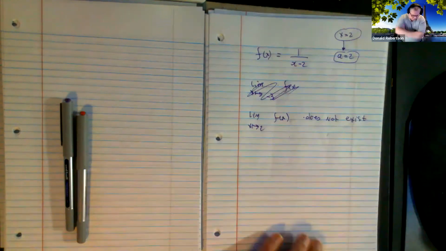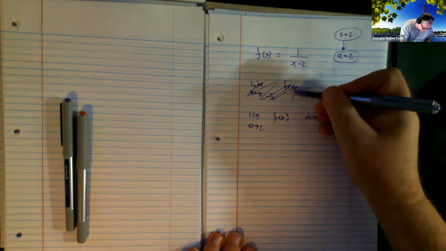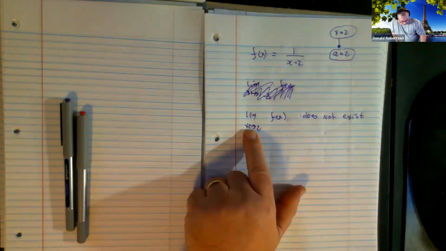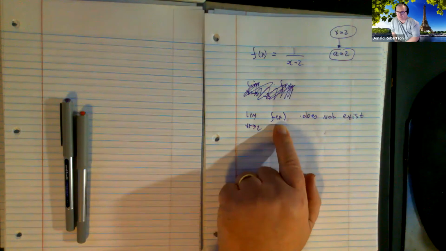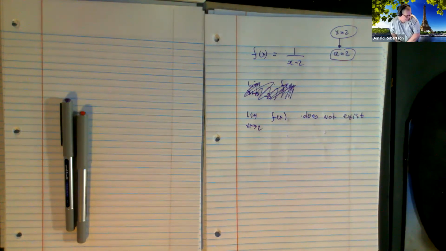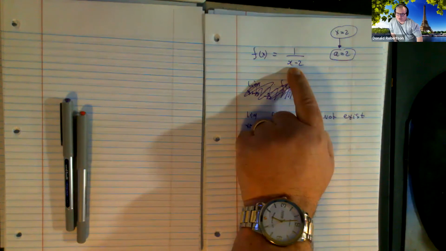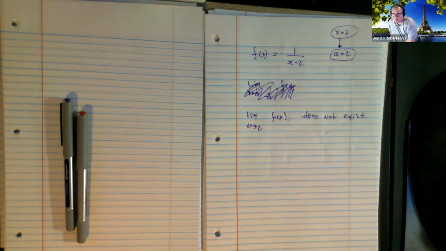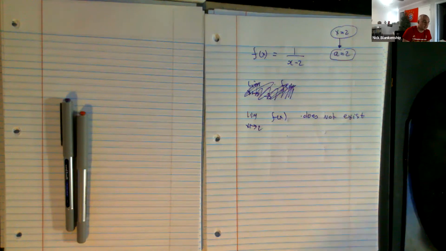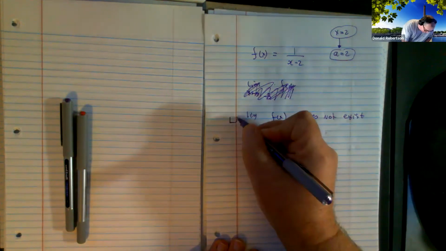There's the first one. For this fractional function, does the overall limit as x tends to 2 not exist? Is that true? If you got closer and closer to 2, would the left limit and the right limit be the same number? In fact, would they even be a number? That would go to positive and negative infinity, right? Right. So that does not exist is true. Agreed.